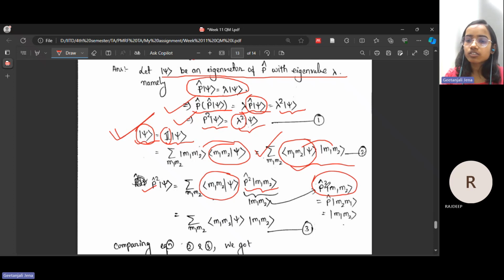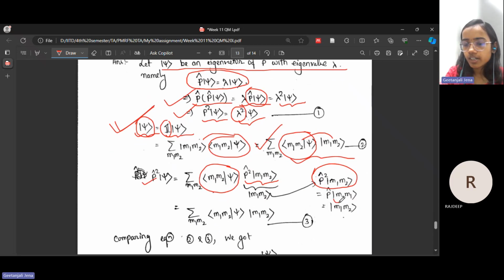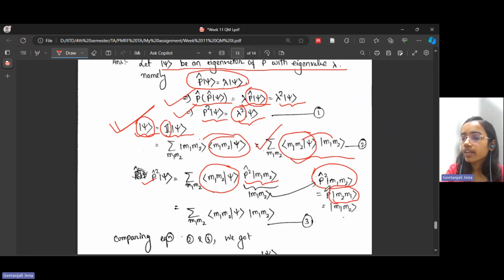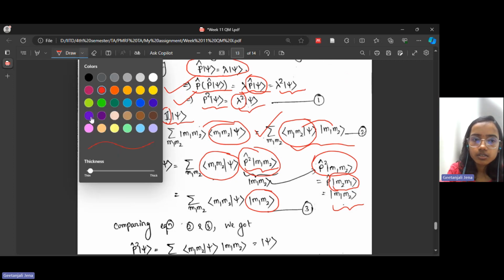First one P will act on m1 m2, and it will give m2 m1. Now another P will act, so you will get m1 m2 back again. That means when P squared acts on m1 m2, the state will remain unchanged. So you can write P squared m1 m2 as m1 m2. Okay. Now if you compare,